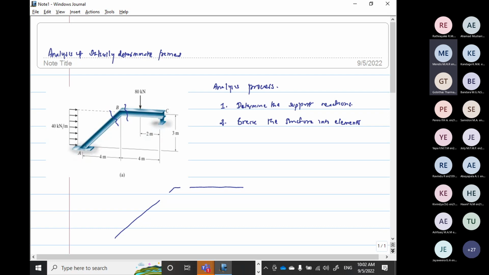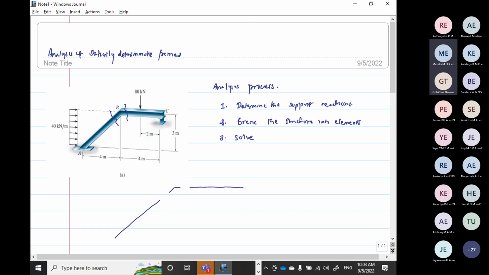So the rigid connection we will treat as a small element, just before the joint, just after the joint. The joint also will be in equilibrium. The structure is in equilibrium, the joint is also in equilibrium. The column will be in equilibrium, the inclined column in equilibrium, and the beam is in equilibrium. So that is the second step, break the structure into elements. Third,